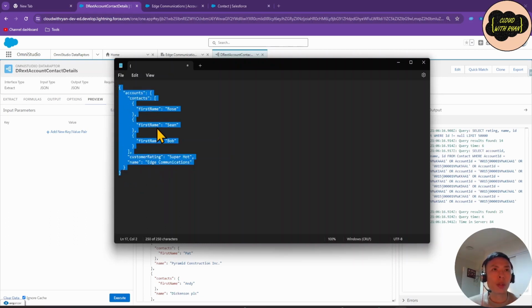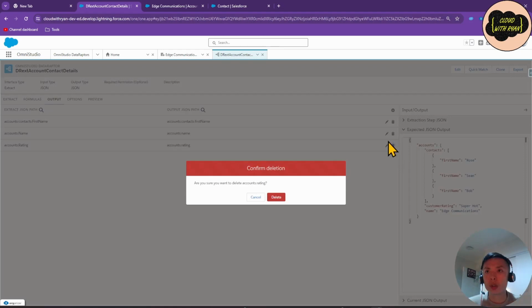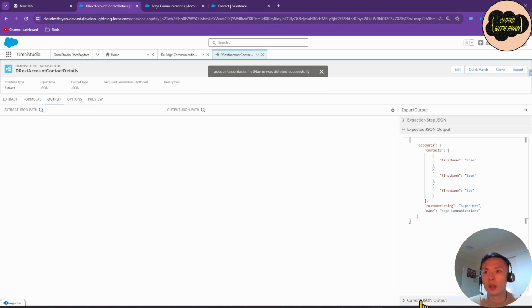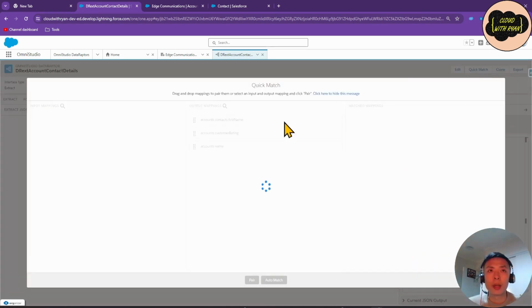So what will happen is if we put this in the expected JSON output, and let's just get rid of all of this again, and check current JSON, it's now empty. If we click on quick match